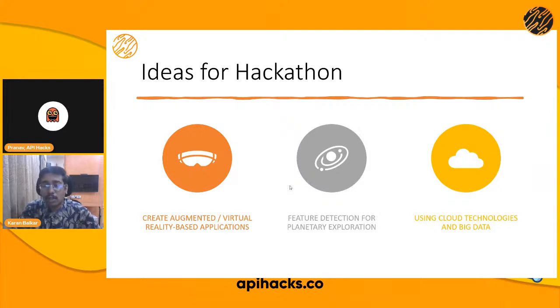And then you could use cloud technologies. Right now the APIs would be local, but if you are leveraging cloud, you can think of scalability. Scalability is also important in terms of APIs, so you need to make sure that your APIs are scalable and cloud ready. So these are the three ideas that I thought of sharing with all of you, so that you can leverage them in the upcoming hackathon and build solutions that use any of these ideas as well.